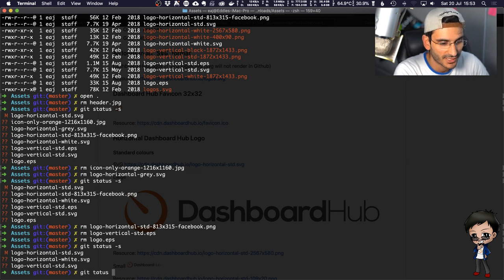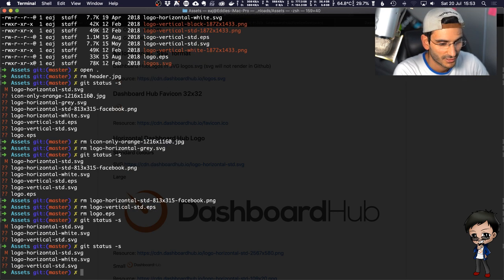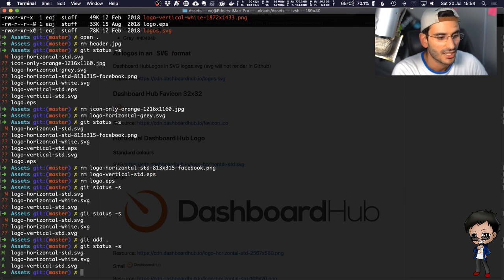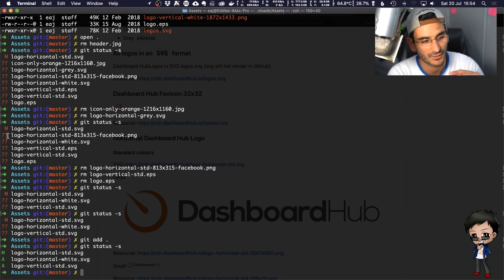So what I'm going to do is git status. Let's have a look. And I'm going to add these. I want to keep these. If I add those to the project, you will see now that they've gone green. I don't know if any of you have noticed, and you probably know this already, but there are two columns. When there was a question mark, there's actually a left question mark and a right question mark.